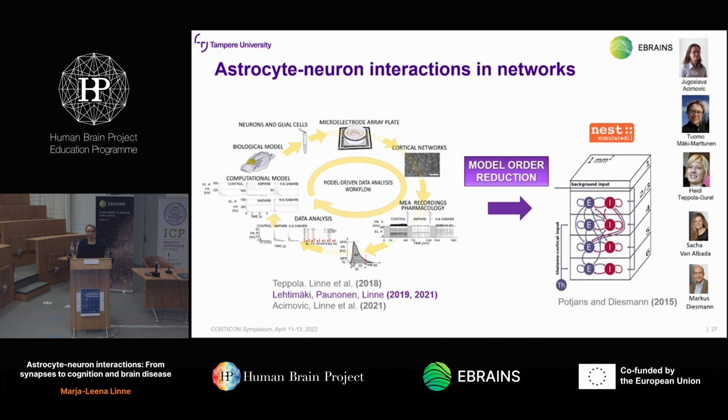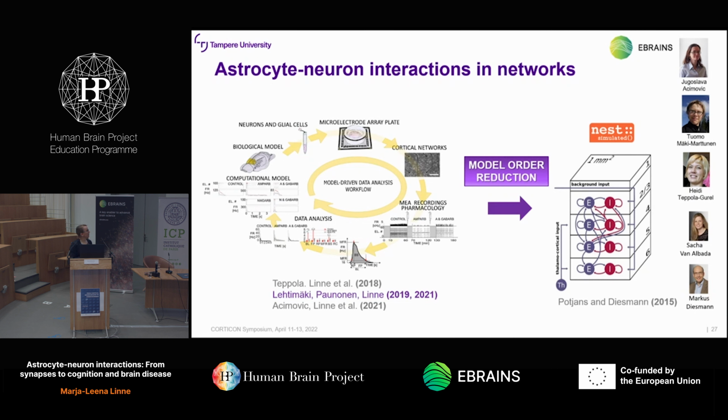We are also doing modeling of astrocyte-neuron interactions in networks, mainly in a system where we use cell cultures that have glia and astrocytes. We've developed a workflow for how you do the measurement of network activity with MEA recording techniques, and then pharmacology, data analysis, and computational modeling. And currently we are also extending this work to provide a module in NEST that you could use to incorporate glial signaling in simulation of large-scale networks.